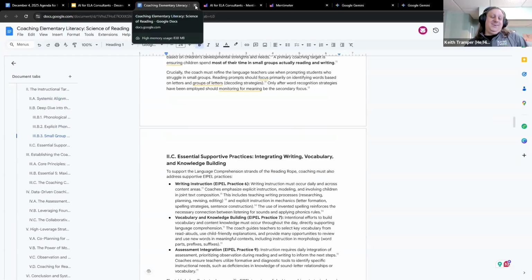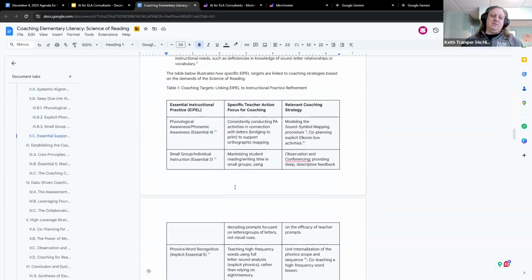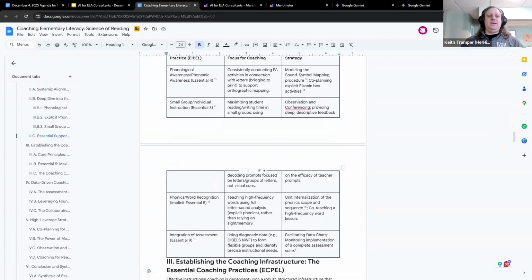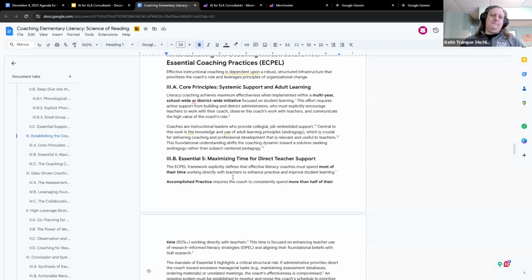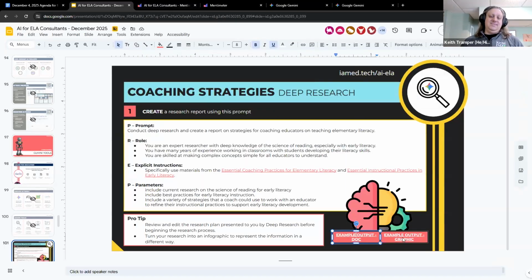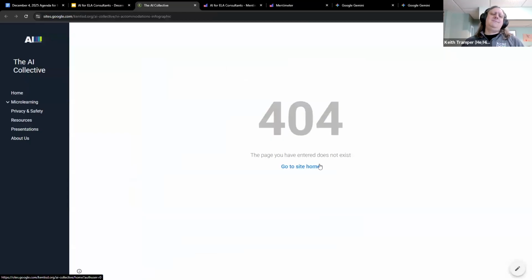As Catherine said earlier, there may be fabrications in here, right? So we still have to use our human judgment to look through it and make sure it's stuff we can actually trust. But it does a really good job of grabbing all the things and giving a really great picture of what's out there. And my favorite part of all this is, once it's done doing its thing, up here, oh, not done yet. You can actually take your output and turn it into